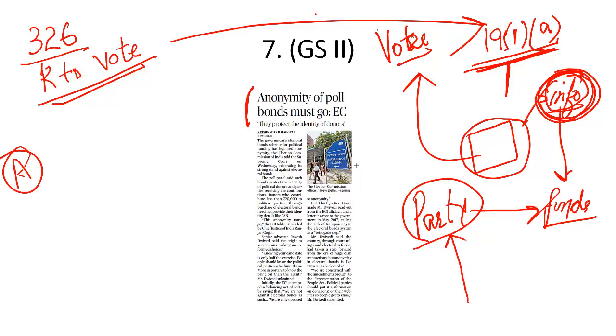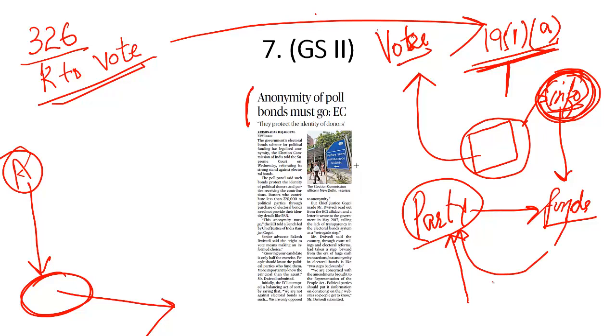I will make an informed choice that I will not vote for this political party, because tomorrow when this political party comes to power, this political party will give some benefits to this company and this company will violate the environment. But now who funds this particular political party through electoral bonds will never be known to the individuals. The funding to political parties through these electoral bonds is all opaque, is all anonymous. And that is why the petitioner argues that electoral bonds should be declared null and void by the judiciary, and Election Commission supports this argument that anonymity of these poll bonds must go.